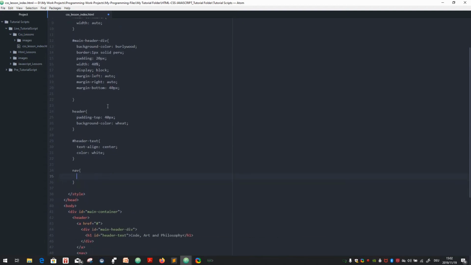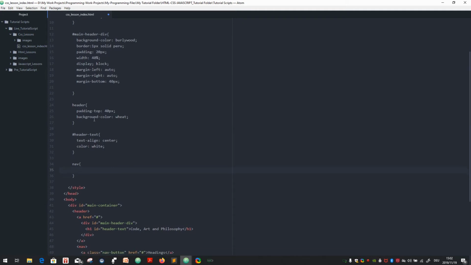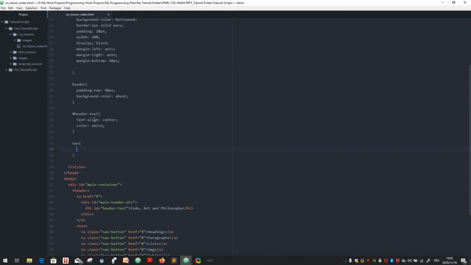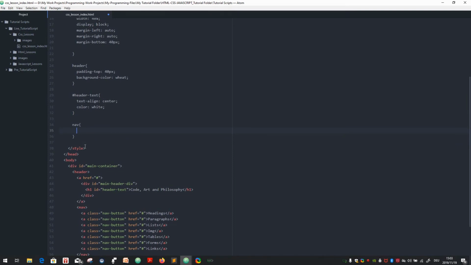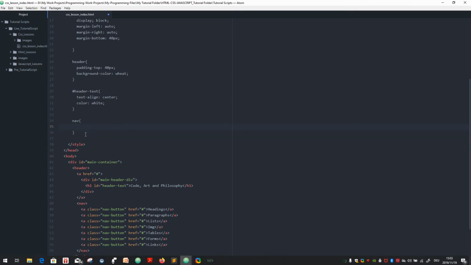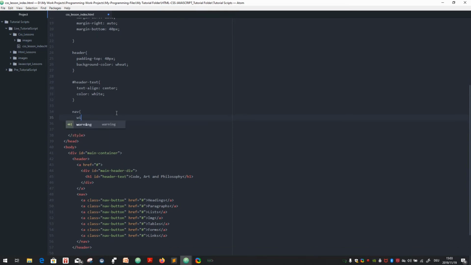And if there are no IDs, then you just write the name of the tag, and it will apply style to the tag. But this style will apply to all header tags. Any tag within the body that is named header will have the style, same as nav. So you should be careful of using specific IDs and not just the name of a tag to style it, because it might style the whole page with that same style, which might not be what you want. So I will give my nav a width of